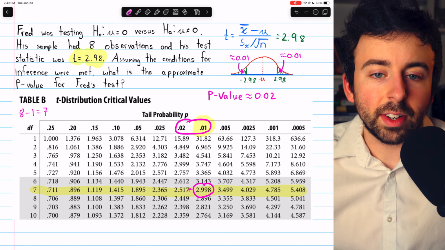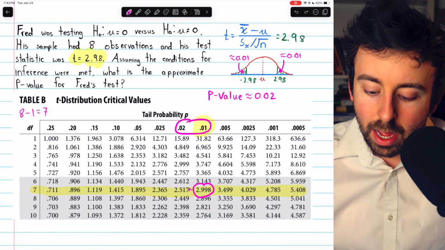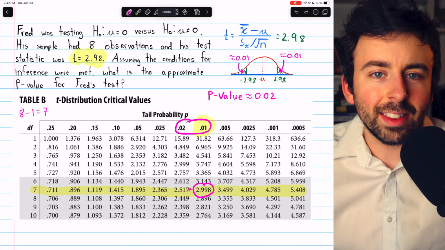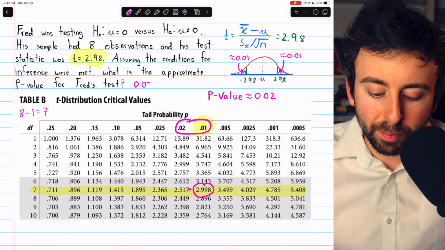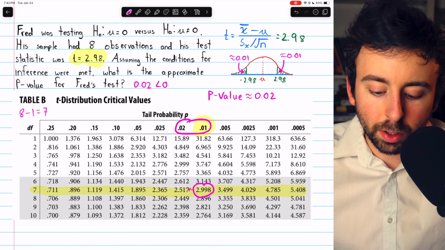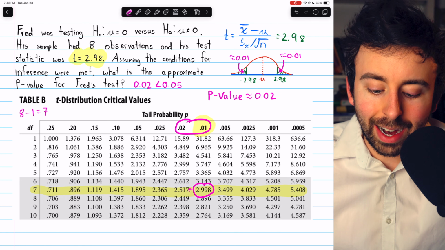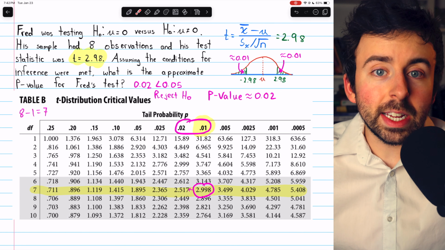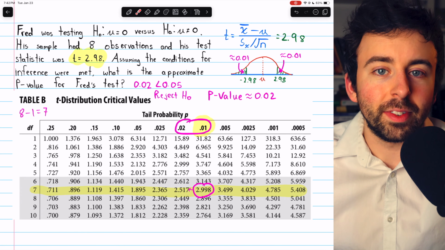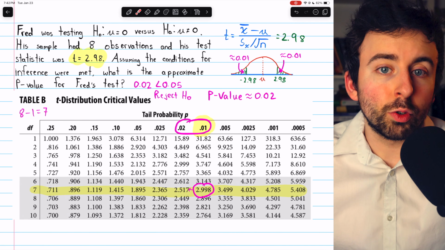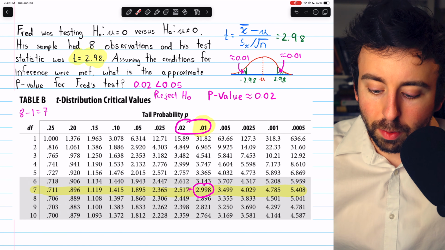We could also go a step further and make a conclusion for Fred's hypothesis test. 0.02 is less than most critical values. It's certainly less than 5%, which is a pretty typical critical value. So since it's so small, we may reject the null hypothesis. We have pretty convincing evidence that the true population mean is different from 0. Now, of course, if you had a stricter critical value, you may not reject the null. But regardless, the p-value is about